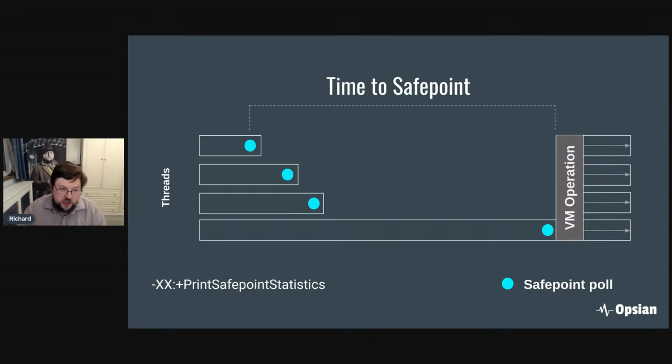Another aspect that shows up with the system is the time to safepoint problem. Especially with older versions of the JVM that only have a global safepointing mechanism rather than a per-thread safepointing mechanism, all of the threads have to come to a halt. So if you've got some threads, like this little fella here, who don't have a safepoint poll for a while, maybe they're running some hot for loop, maybe they're calling out to other code that doesn't have a safepoint in,